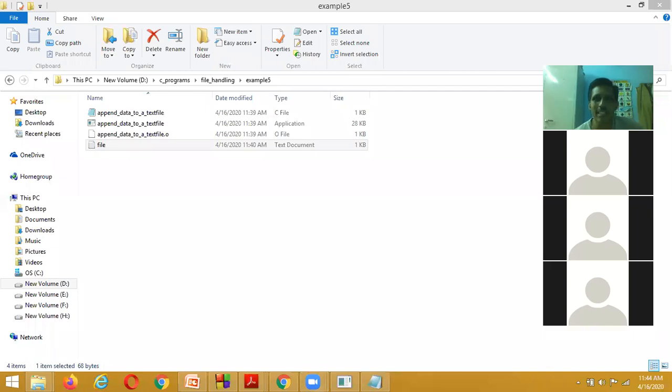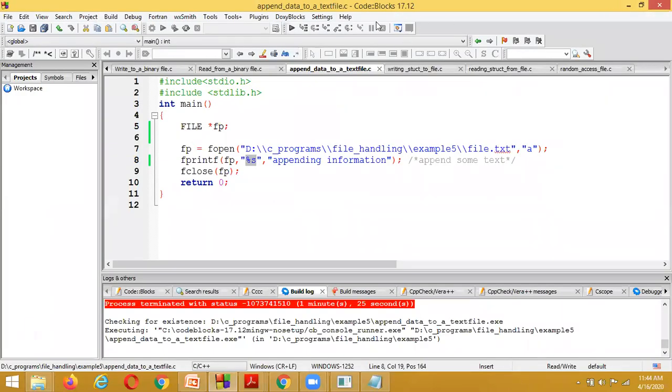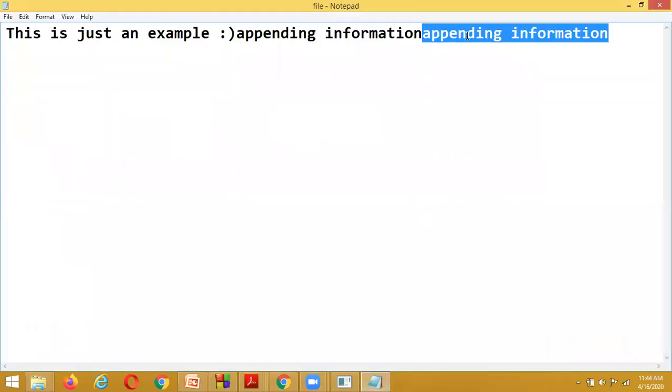Just now we discussed appending the information, and the information has been appended here.